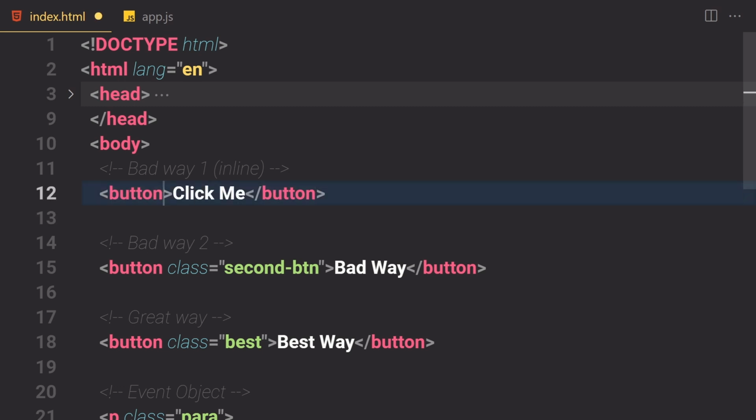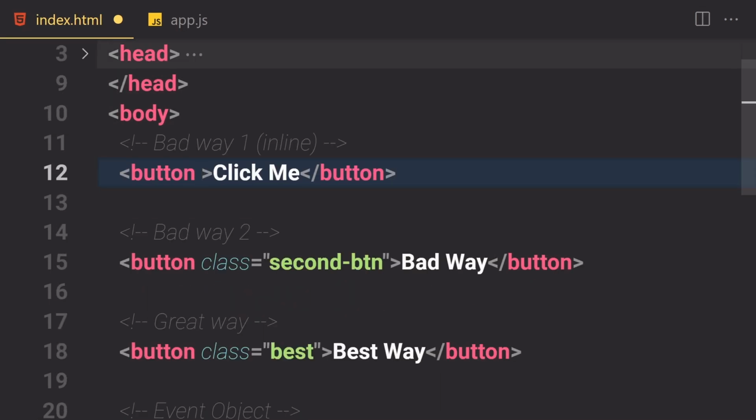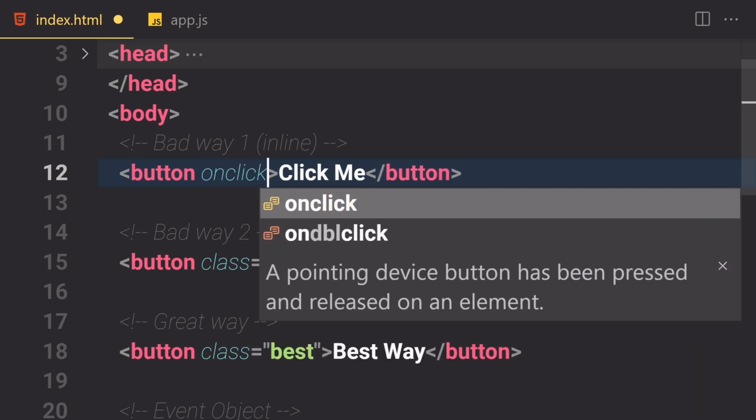So how would you attach inline events to an inline or specific element in your web page? Now in this case we are going to be learning about inline events, but my suggestion will be to never use that. So if you want to attach inline events, first of all you are going to be writing on, and then we have a click,